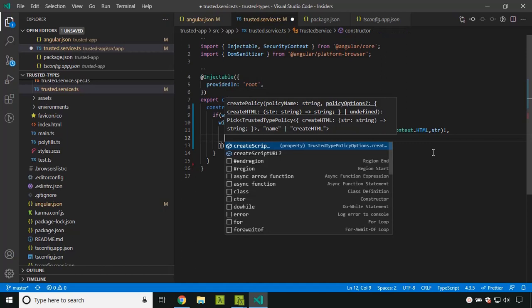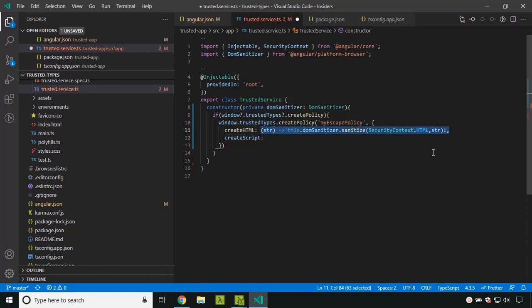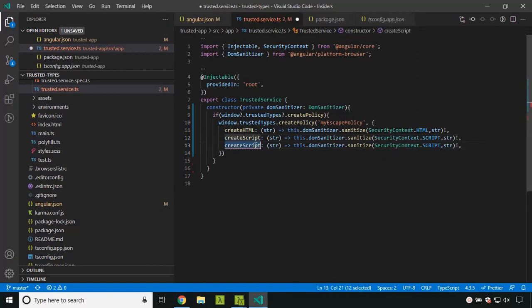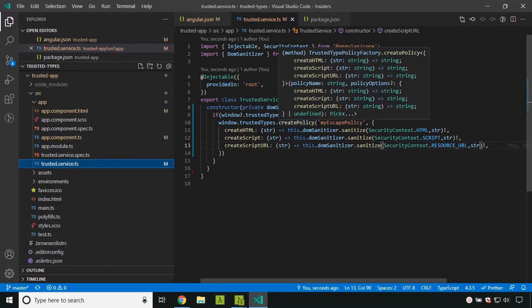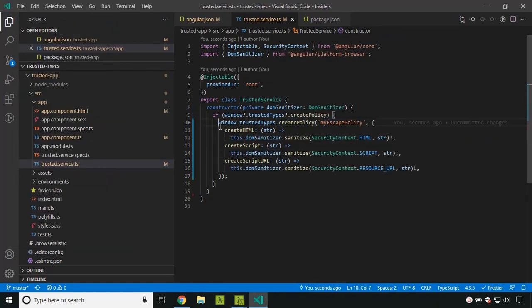Similarly, we have createScript. Here again we can use the same thing, but you need to set a different context. That's the script context. And again you have createScriptURL, so again you need to change the context and set it as resource URL or URL. The createPolicy actually returns something called a TrustedTypePolicy.